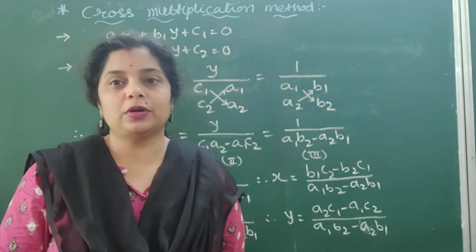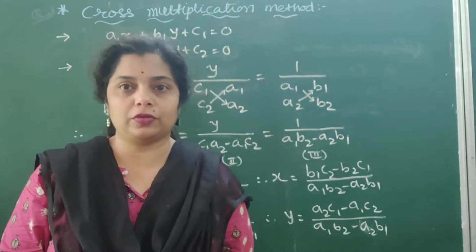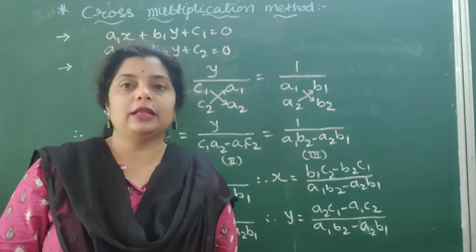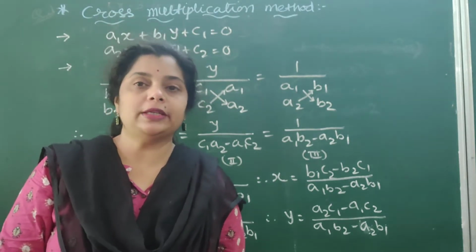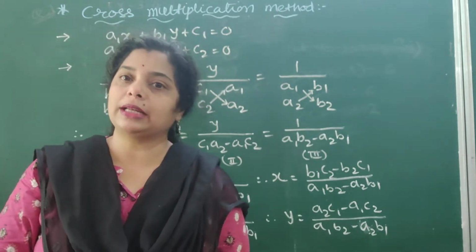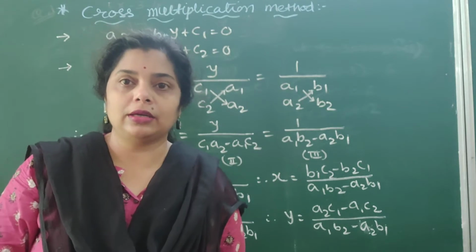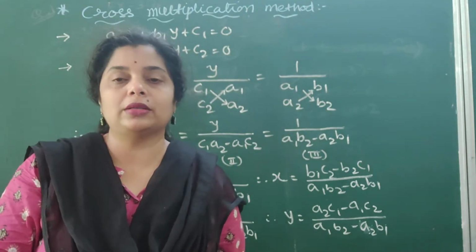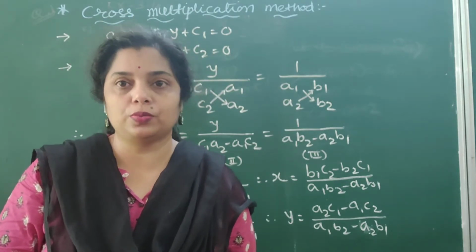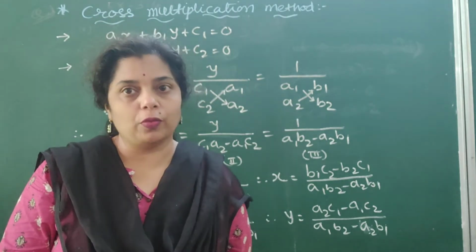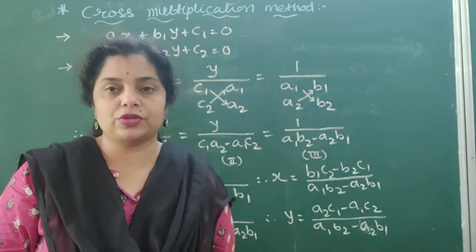We are going to continue our third chapter with the third method of solution of a linear equation, and that third method is the cross multiplication method. We have already completed two methods, substitution method and elimination method, right? And regarding those methods, the examples also we have done, the exercise 3.3 and 3.4. Now the next concept is cross multiplication method.